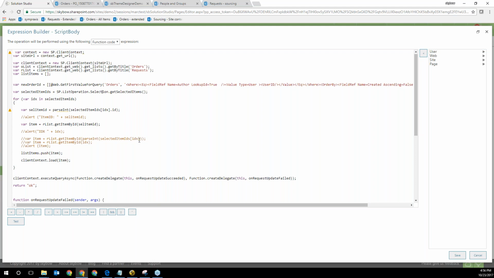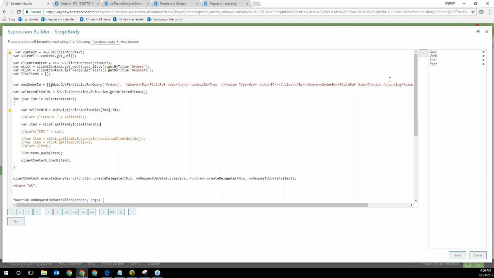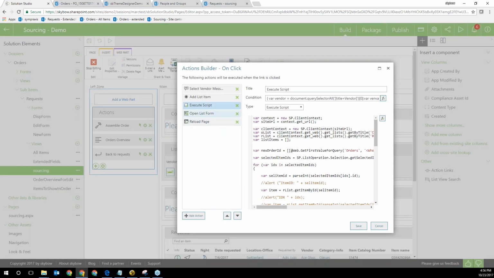But I want to show you a few things here. You have your SharePoint data literally on the right side of you, very easily accessible without any further plumbing. Your context has been done and prepared for you by Skybow Solution Studio. You basically just need to use it and do this stuff.